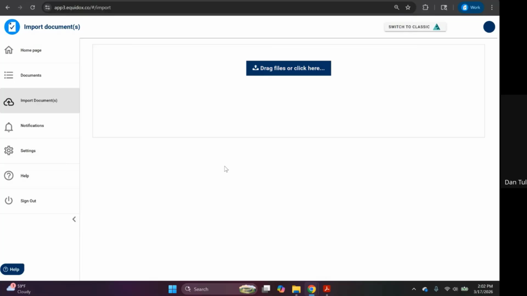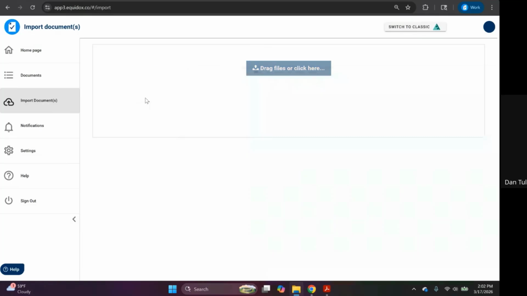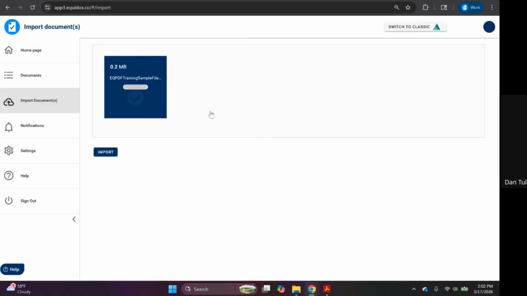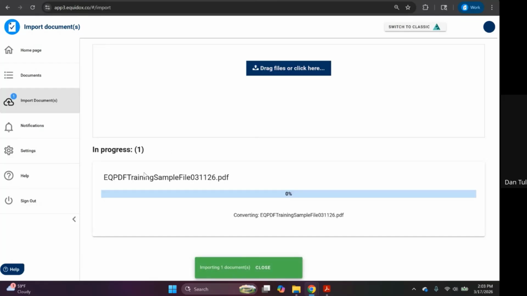and that will bring me to this view. From here, I can click to open up the folders on my hard drive, or if I have my folders already open, I can also just do a drag and drop of a document or multiple documents into this rectangular area. Once that document has a brief second to upload to the cloud, a blue import button will become available. So when I press the import button, this is going to start an automated process where Equidox is going to